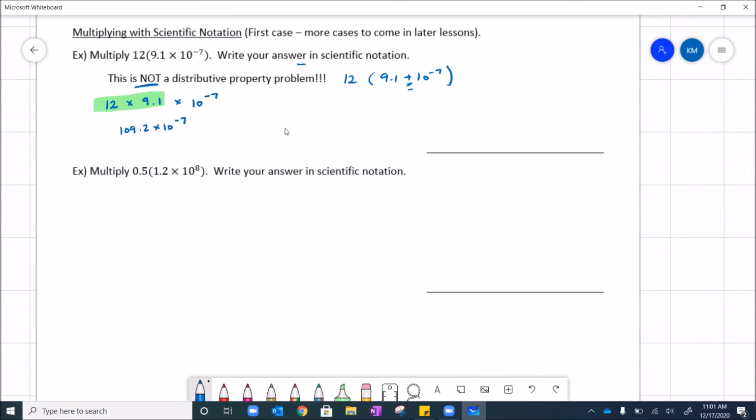Now the instructions say write our answer in scientific notation. As of right now, we're not in scientific notation because A is not greater than or equal to 1 and less than 10. So I want to move my decimal place over 2 spaces to make this 1.092 times 10 to the